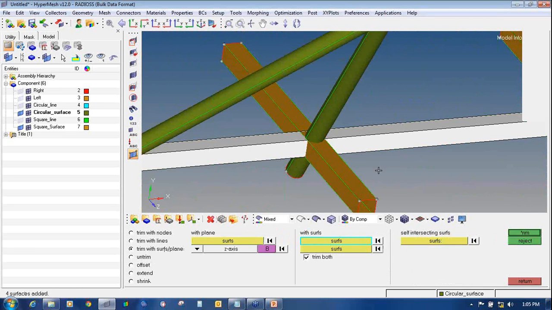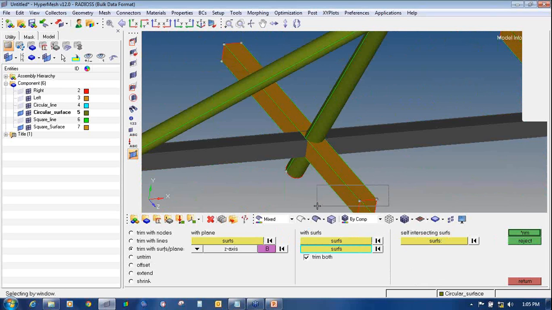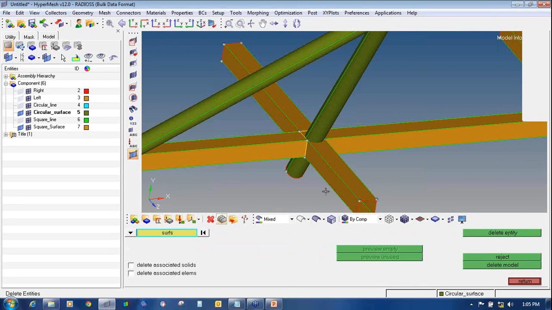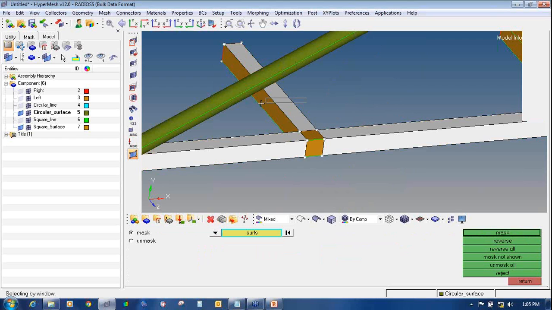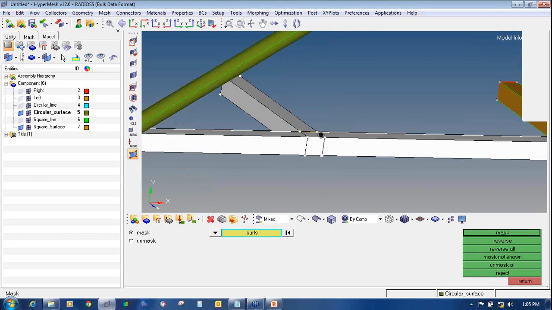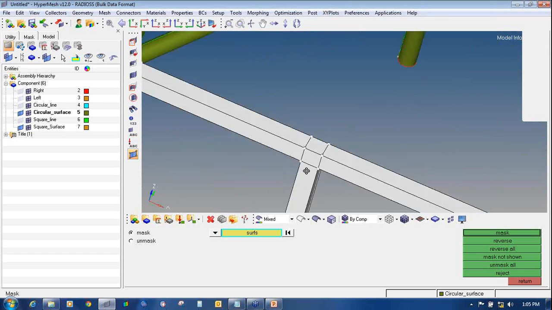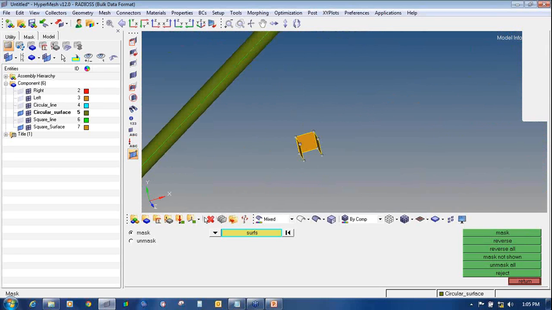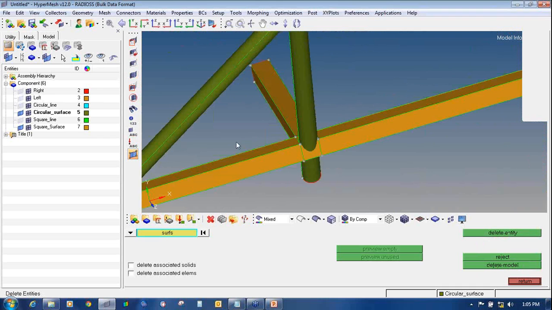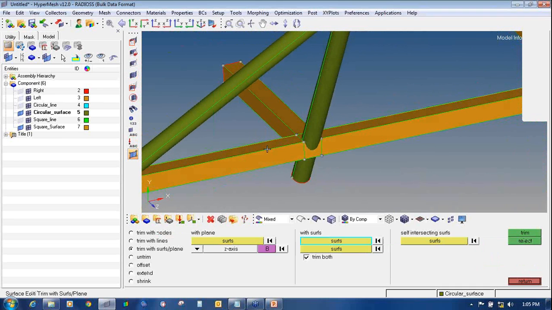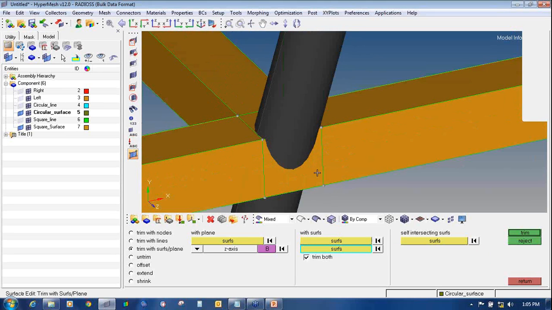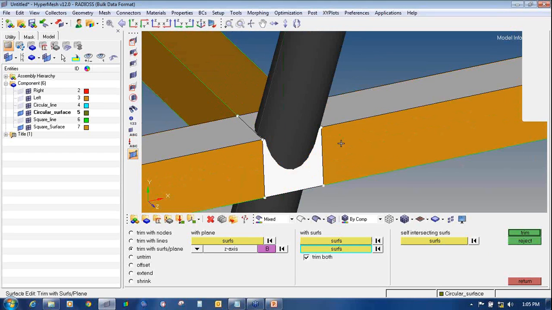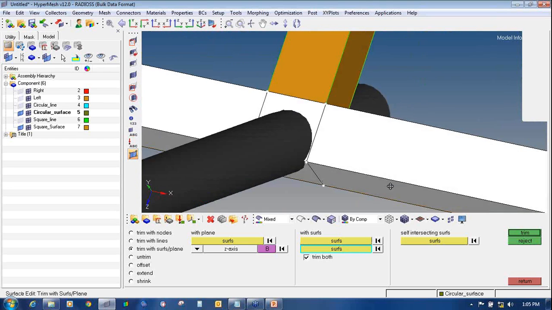Trim with surface, trim this with this, say trim, delete the extended one, go to mask, mask and delete the inner surface. Then Shift F9 again, trim this surface with this and this surfaces,